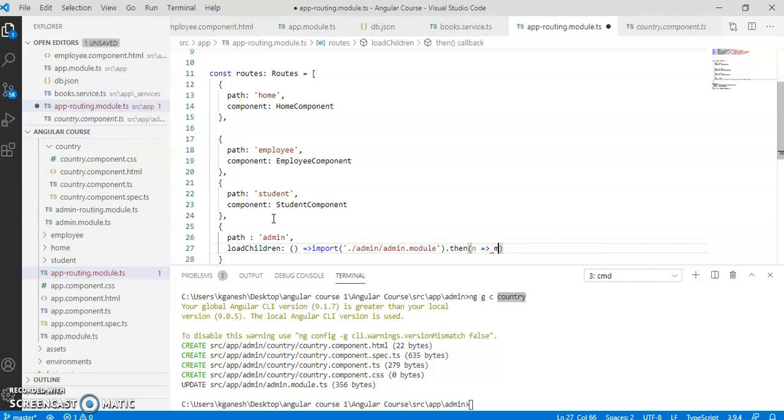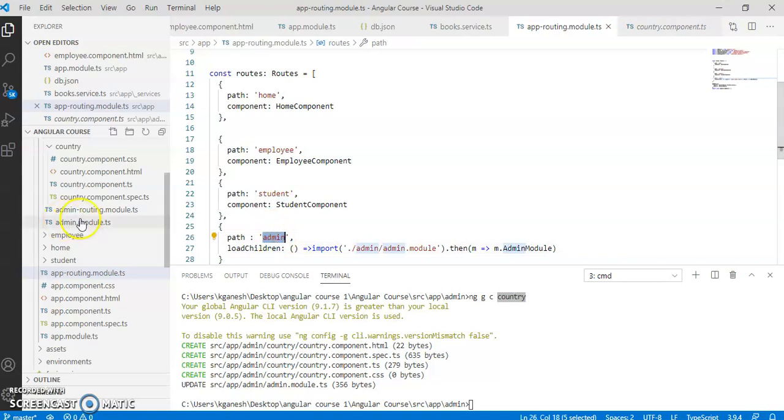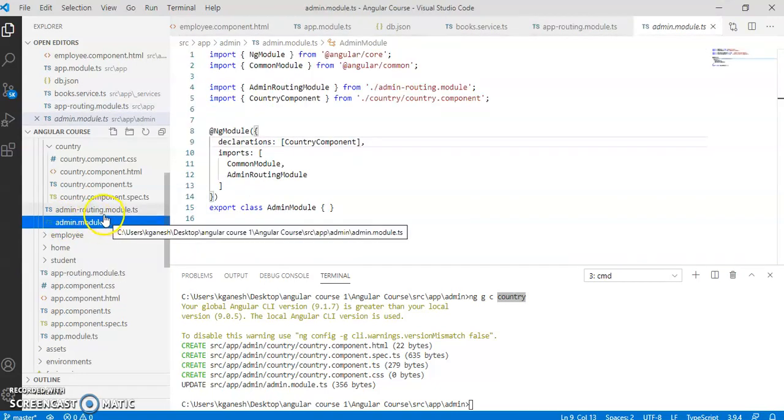M is for module, admin module. This is the syntax. Whenever you click on path slash admin, it will redirect to the admin module, which means it will come to here.